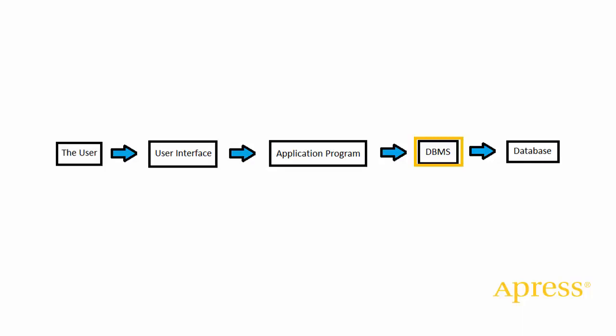DBMSs perform a variety of tasks, and some do a more comprehensive job than others. But the main job of a DBMS is to act as an intermediary between the application program and the database. The DBMS receives SQL statements from the application and translates them into low-level commands that the server holding the database understands. The server executes those commands and then sends the result back to the DBMS, which, in turn, sends it